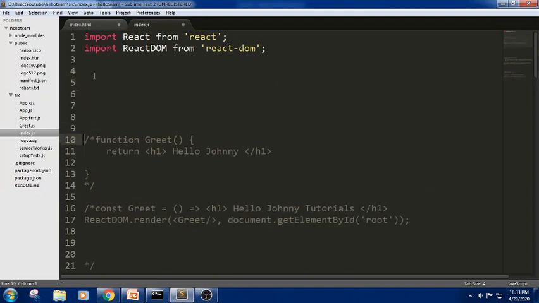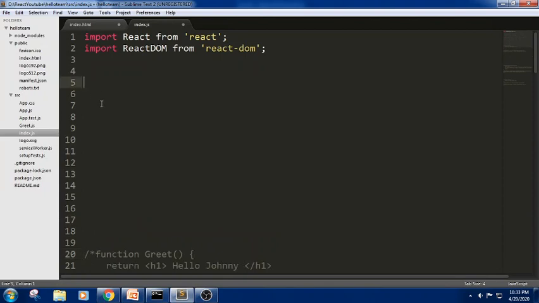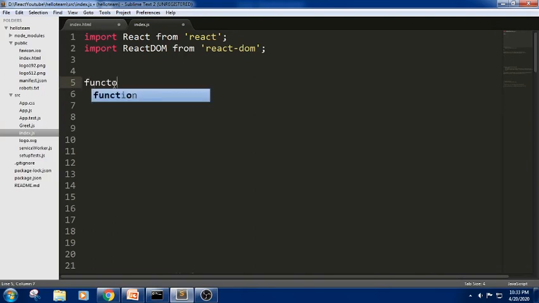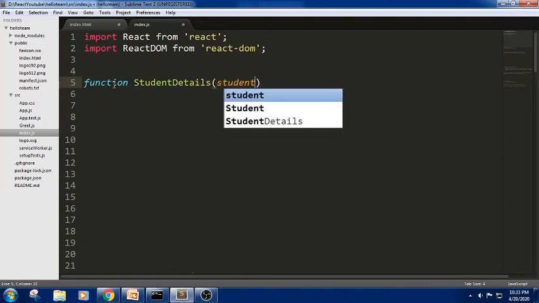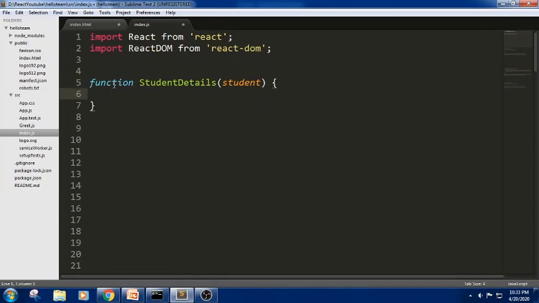Now let me write an example for the student details. Let me write an example for the student component details using a function. I have taken a function, student details, and in this I am trying to pass a student object, that is a parameter. Now in this I am trying to write a div, that is JSX notation like what we have written in the previous sessions.